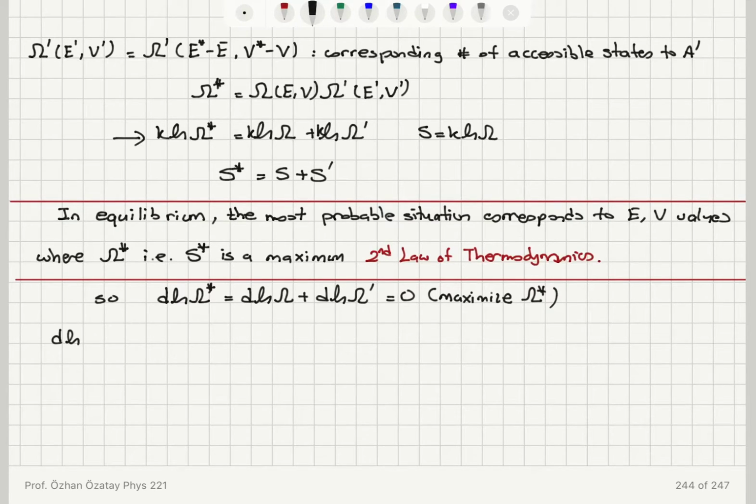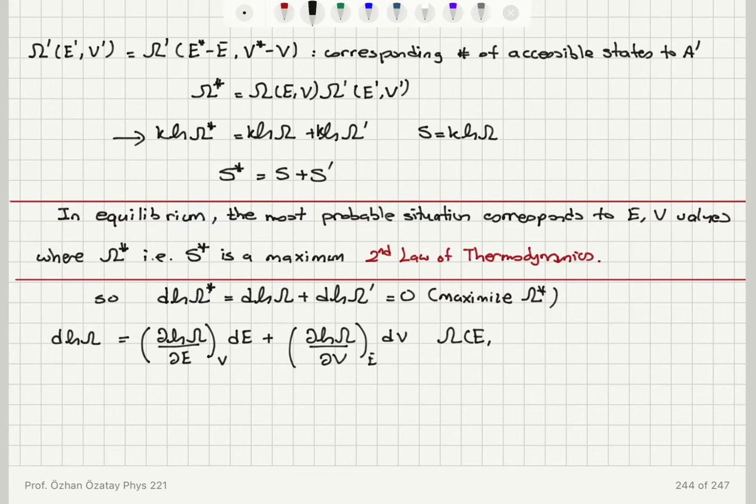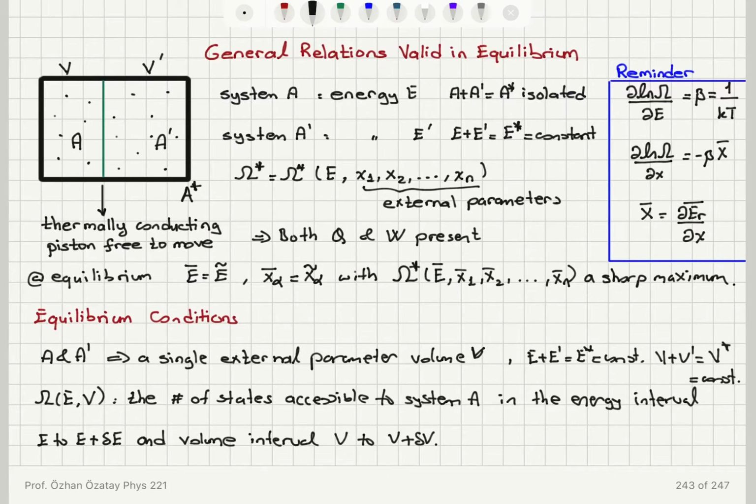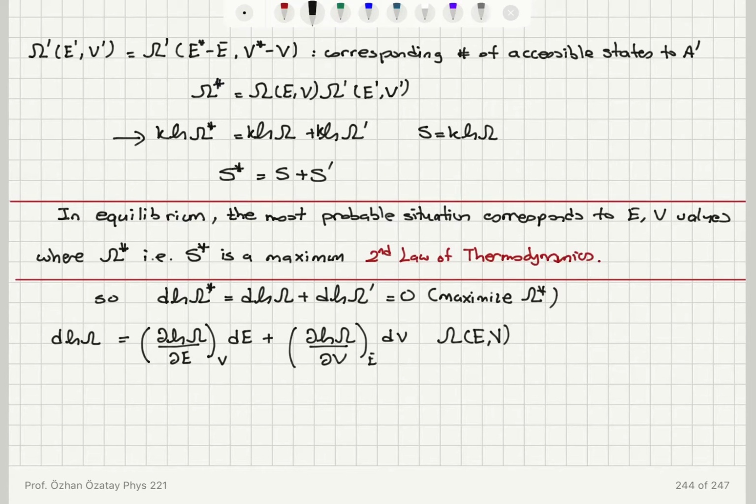So the change in ln omega is due to change in energy and change in volume. So it is del ln omega del E at constant volume dE plus del ln omega del V at constant energy dV, because omega is a function of two variables, energy and volume. Looking back at our results, del ln omega del E is beta, del ln omega del X is minus beta X bar. So I can substitute these results for d ln omega. Let me remind you that del ln omega del V, for X equal to V, is going to be